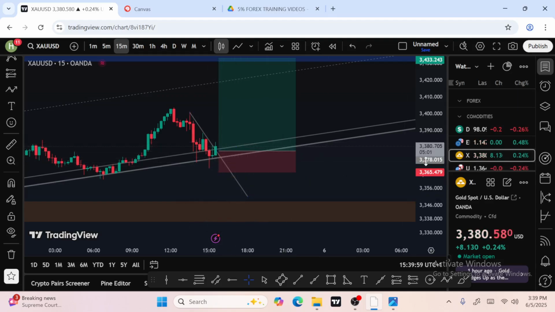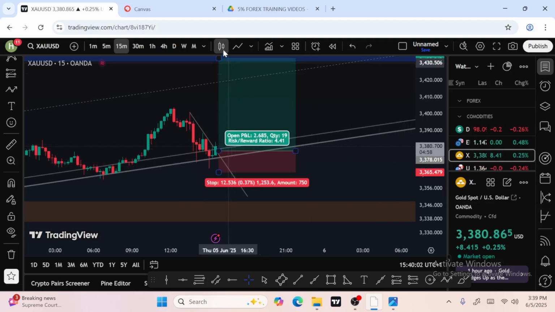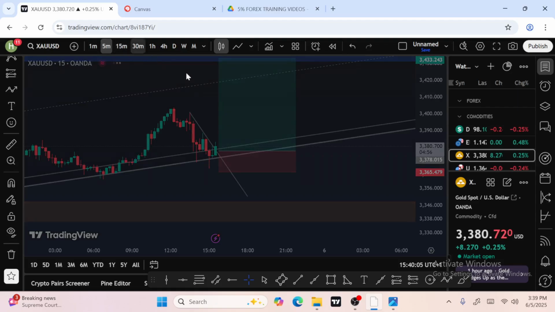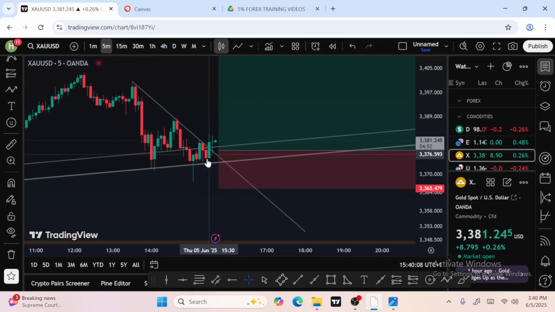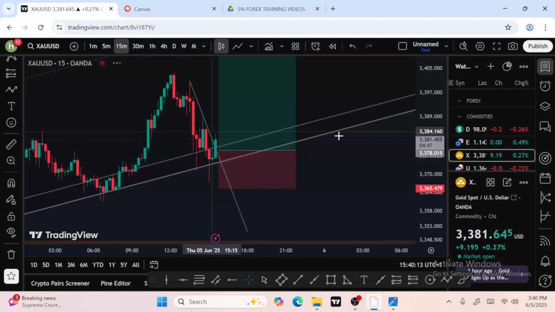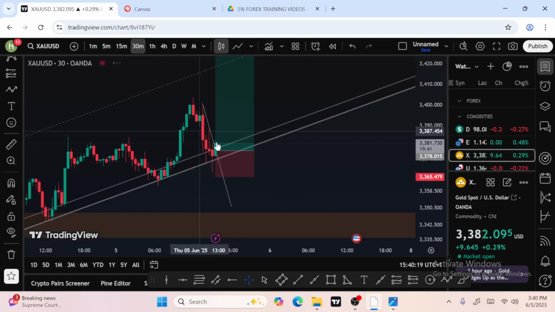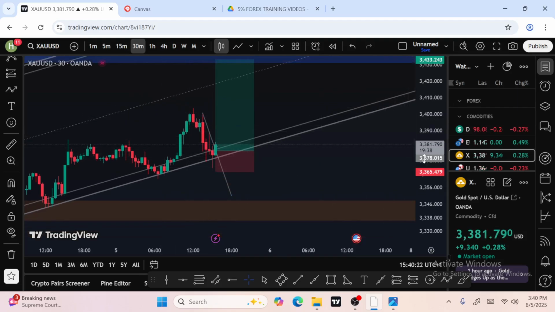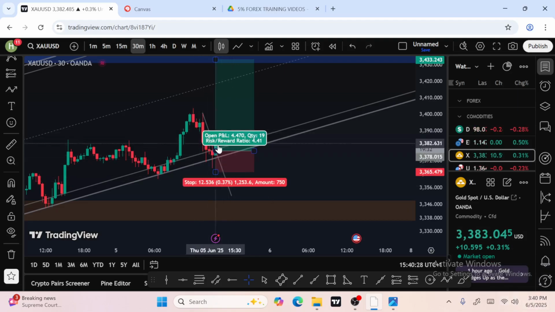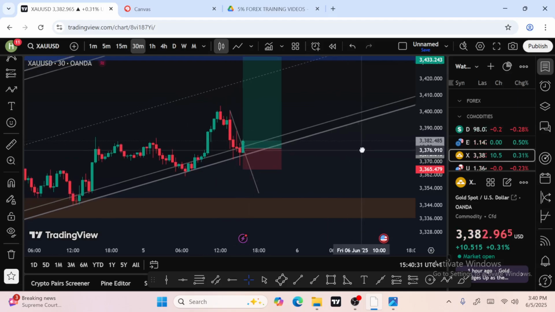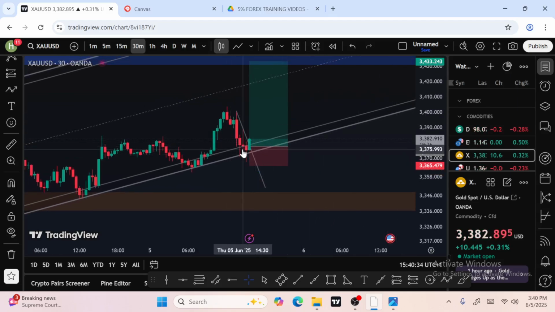Okay, it's fine. 5 minutes to go. Don't worry, be patient. On 5 minutes, you would have seen that this sell that happened acted as a what? Retest. And it's going, no problem. But 15 minutes is a what? A right confirmation for us. Of course, 30 minutes. If it ends now, what time are we now? This is 3:40. If not, you can still wait though. But on 30 minutes, it will show as a what? A bullish engulfing bar at the end of the candle. So you are waiting on 30 minutes. You have how many minutes to go? 19 more minutes to go.